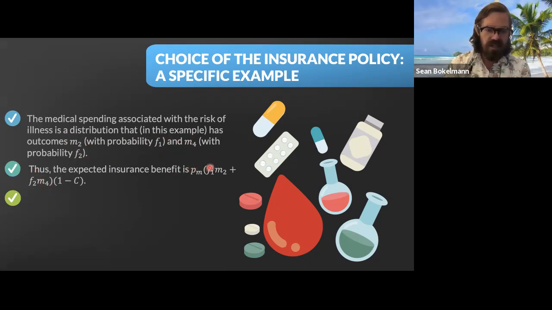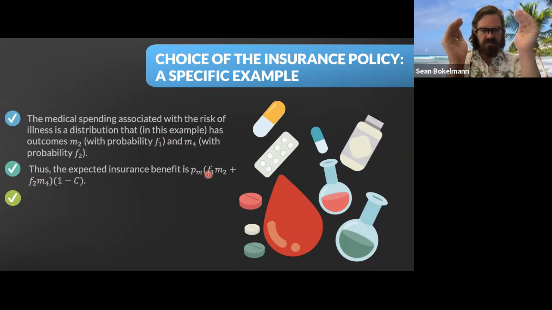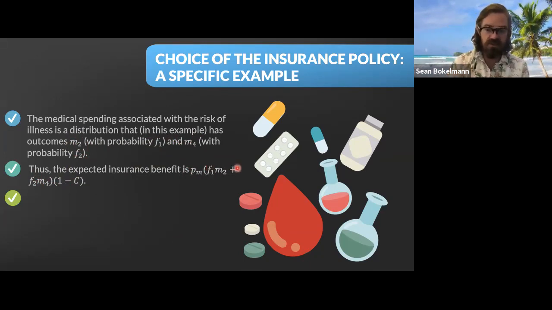And so that's basically what this first part is here. The probabilities of those medical cares times the price of that medical care. So we basically have an expected medical expenditure or medical use, in parentheses. The thing in the parentheses, the first one, is the expected medical use. And if we multiply that by the price of medical use, we get an expected expenditure. And then, of course, the insurance company covers 1 minus C as a fraction of that. So that's the benefit that the insurance company expects to pay, given the fact that there are these two possible illnesses.